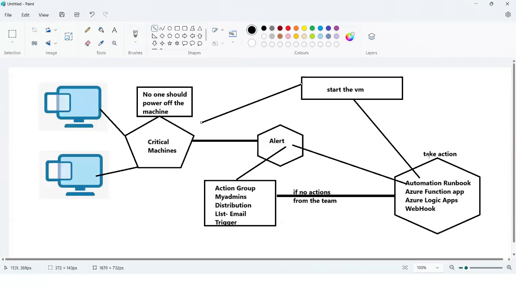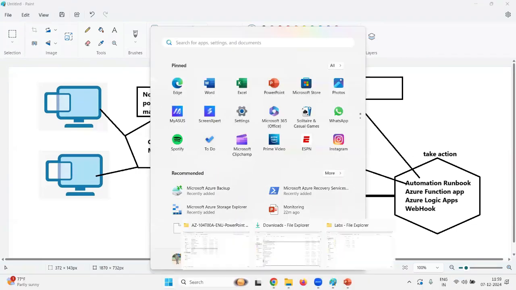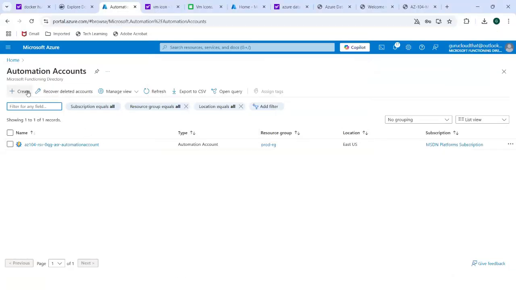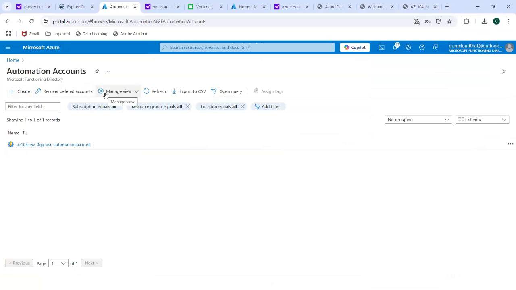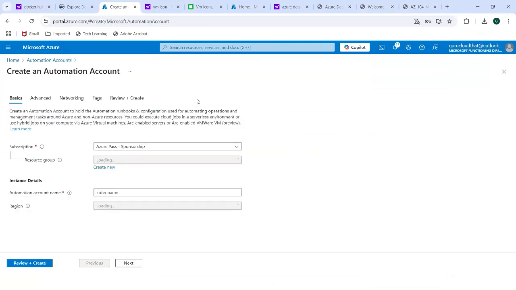Here, this is what I'm going to do. "Do you want to see exactly from scratch how alerts are created, Guru?" No. First, I'll create an automation, because you cannot create an alert without automation. "Acha." So I'm going to create an automation, and ensure that this automation is going to end,